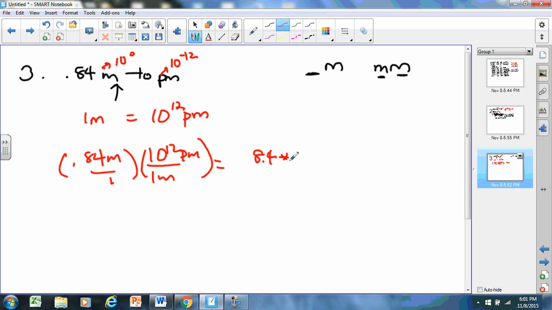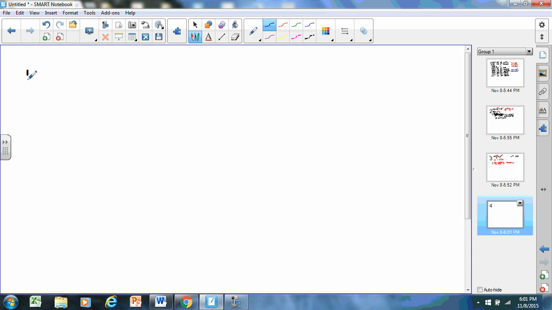Because on test day, the answers aren't going to be on the worksheet, and you've got to make sure that you know how to arrive at the answer with your calculator and not just take them off my sheet where I give you the answers for feedback so you can see if you do it right. Okay, 4 is